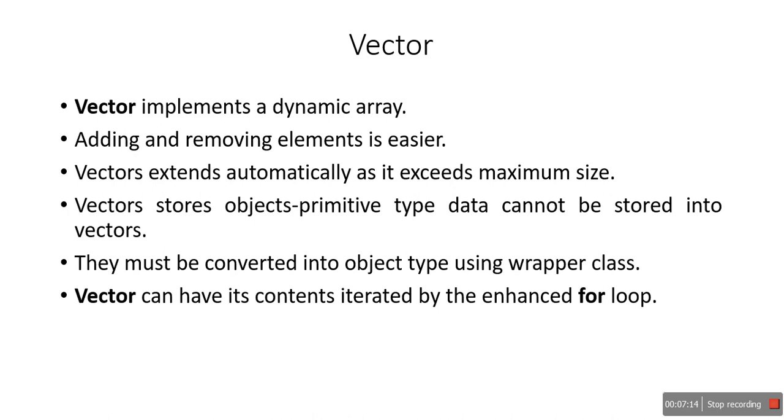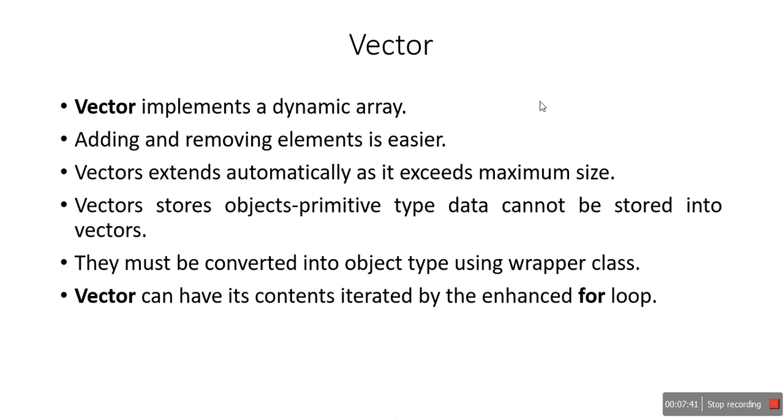There are two types of for loops. One is the simple for, in which first is initialization, next is a condition, and next is increment or decrement. This is the simple form of for loop, used for looping. One more is the enhanced for loop, like for each. For each is also an enhanced for loop. So we will see the two types of for. Next we will see the vector.